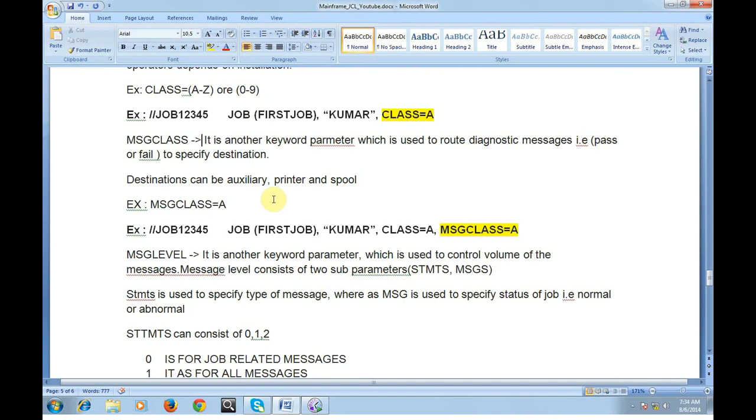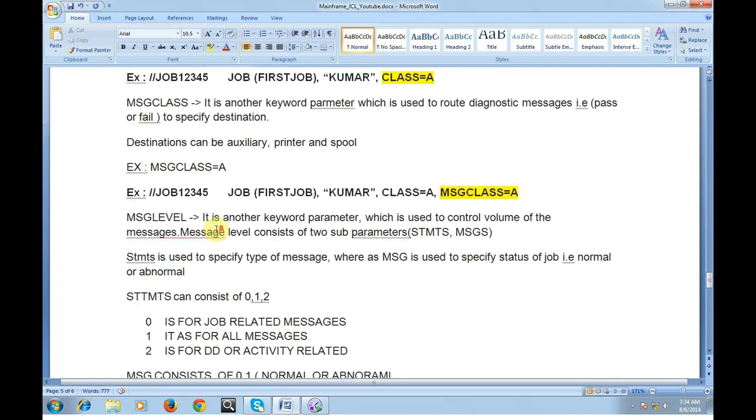So I can store the logs in different destinations like the printer, the spool, or an auxiliary storage area. We can pass these messages to an auxiliary storage, printer, or a spool. For example, I am coding it as message class equal to A. It can be A to Z. It depends upon the operator installation they specify.